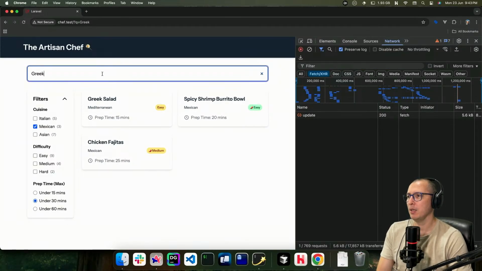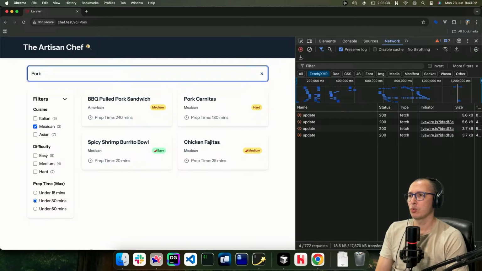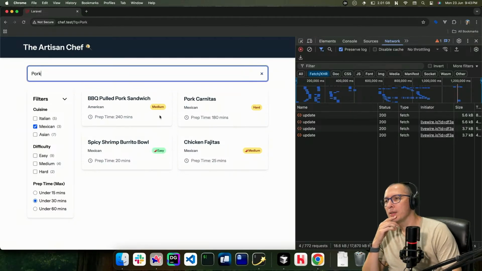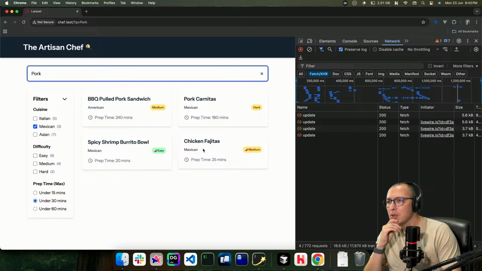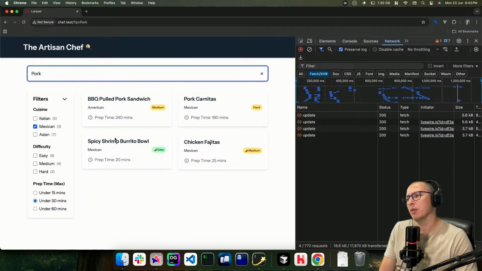Nice. If I remove that, I get all of the results, then I do pork. Super fast. Why is it giving me chicken fajitas? These two I'm not sure about. Why is that? Pork, yes. Is it because of the ingredients? Now I'm curious.